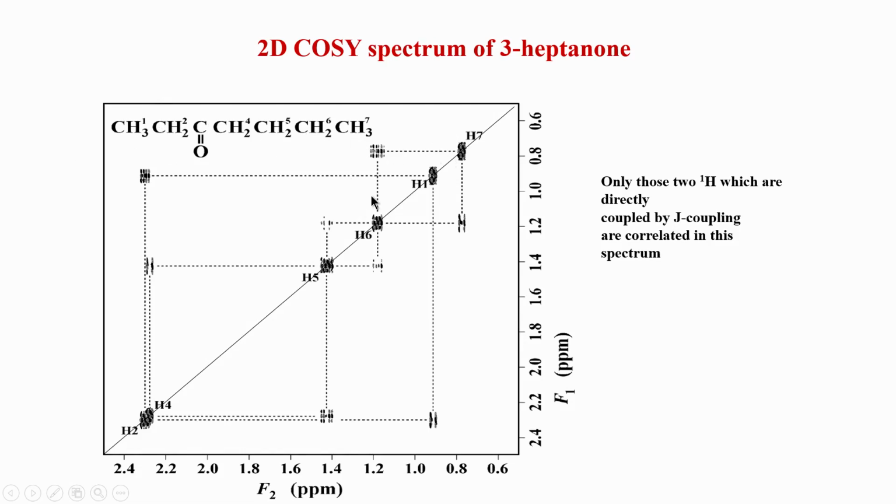So, this brings us to the end of 2D COSY spectrum. In the next class we will look at the 2D TOCSY experiment, which helps us to actually go to the full chain here, except of course, there is a break here, but I will be able to see in a TOCSY spectrum correlation from here, this number 2 to 3 all the way, this number 2 to 7 or 4 to 7. So, that information will come from TOCSY and we will look at it in the next class.